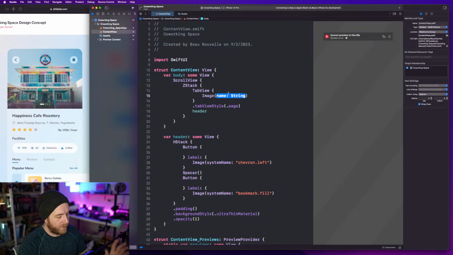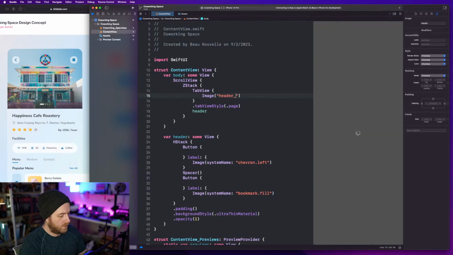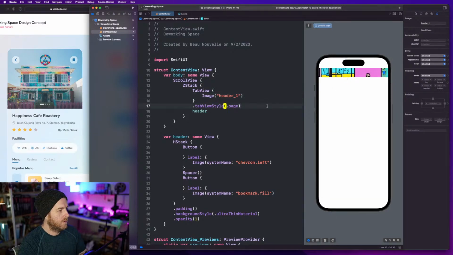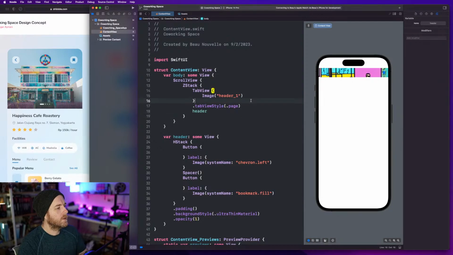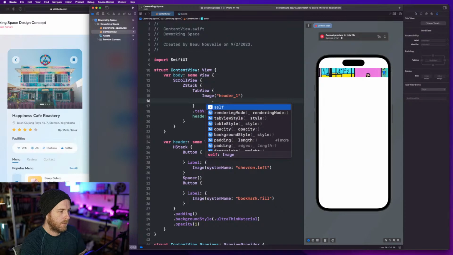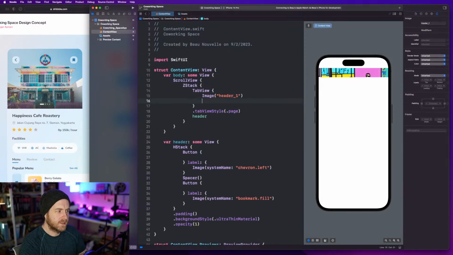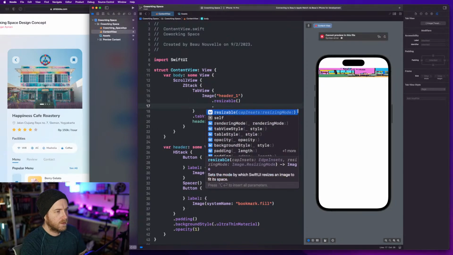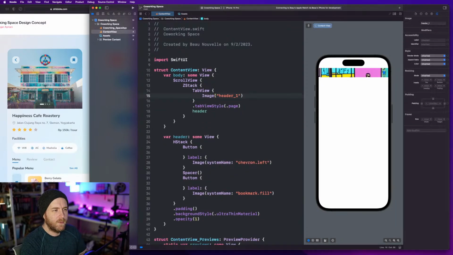We don't need to worry about setting certain aspect ratios and resizing and stuff, because it's all going to be the same. So for this one, we're going to put in header 1, and we'll just see how that looks to start with. Okay, so I think what we need to do is, we'll make some changes to this in a second. Resizable, yeah. Let's not, maybe we don't bother with that, because what we're trying to do